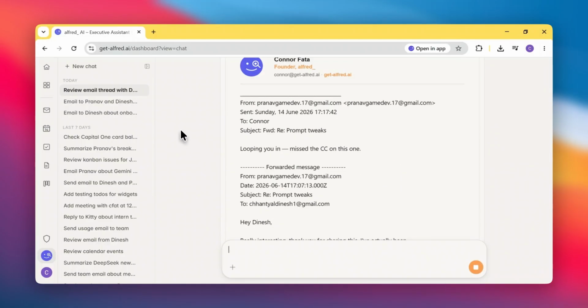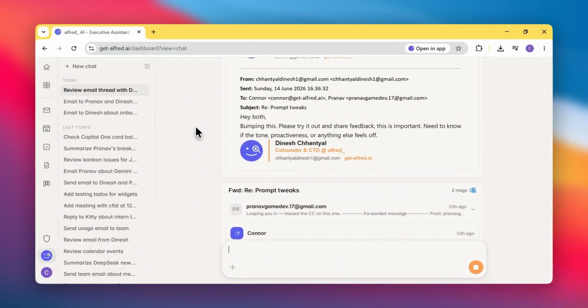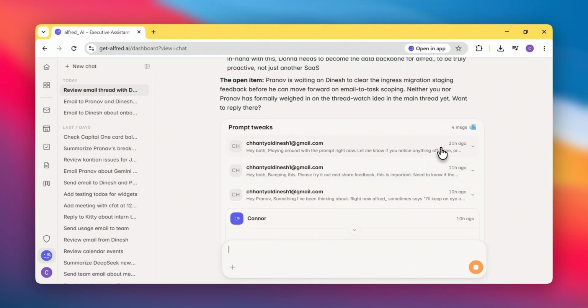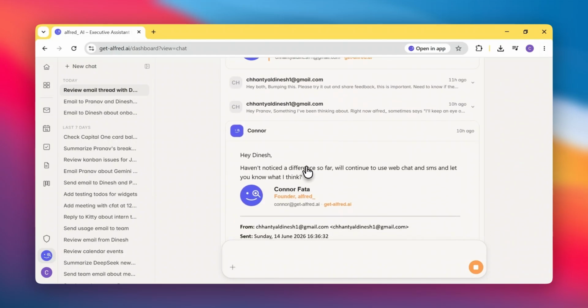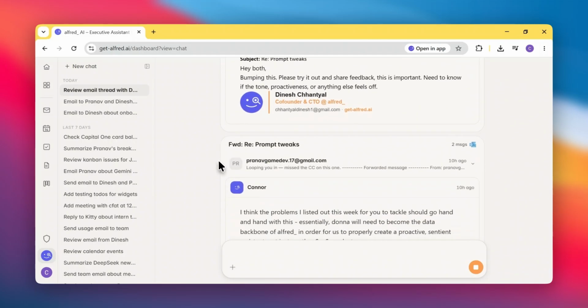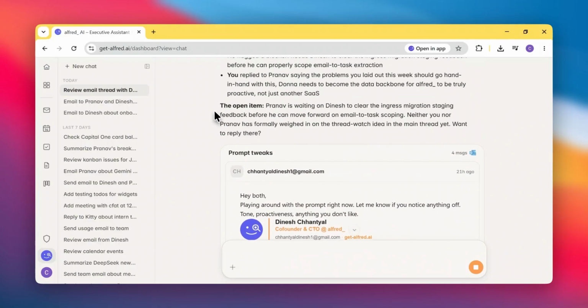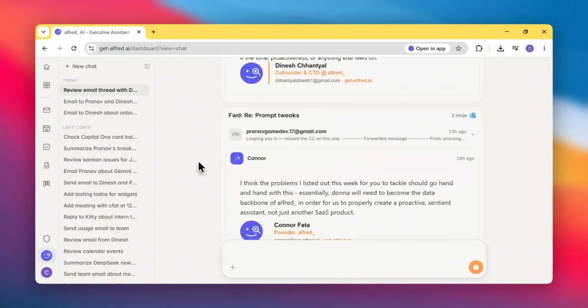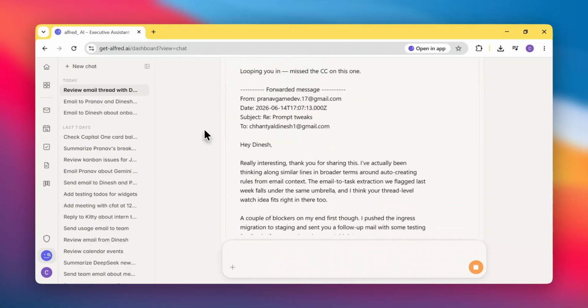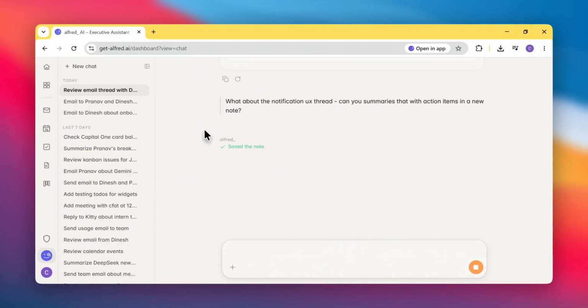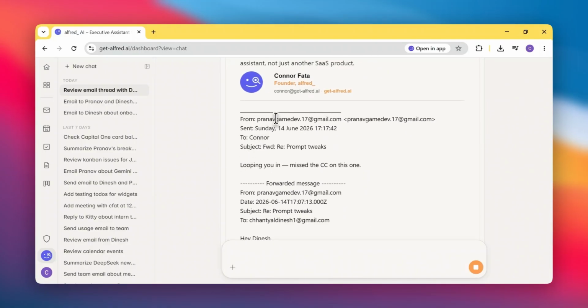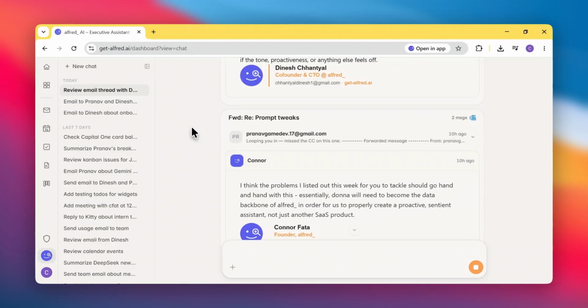Okay, so here you can see it renders structured data, structured UI components. So you can see the different threads. Again, you can click through it, see what the threads were, see what we talked about. You can see there's two different threads here. So we have this one, the prompt tweaks, and then we have another one that got forwarded over when I wasn't CC'd on one. As you can see, Pranav forgot to CC me. You can see again, here's another thread of Pranav looping me in. So you can see that's really helpful. Again, I can see the conversation, I can read it, figure out if this is the right thread I want,